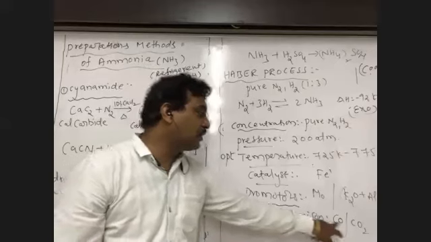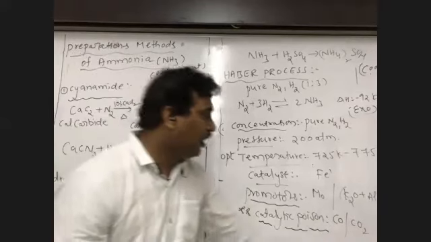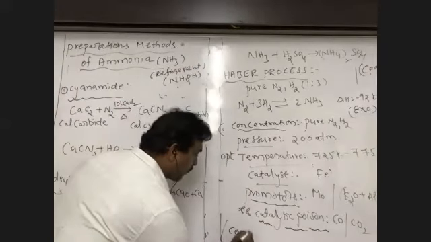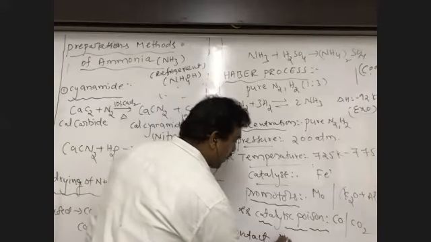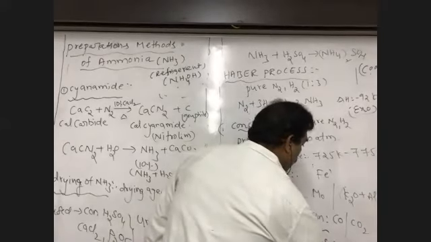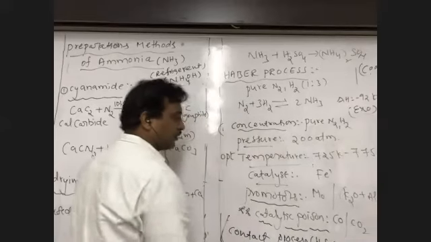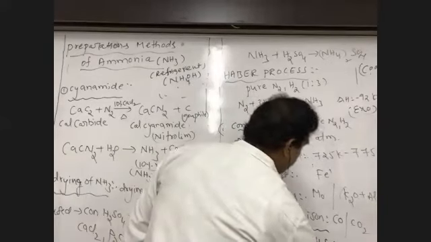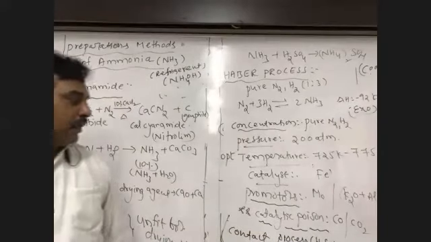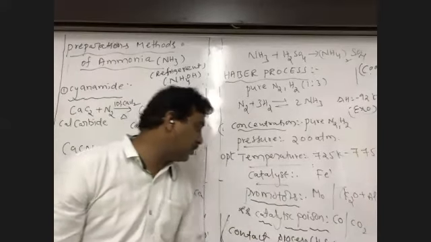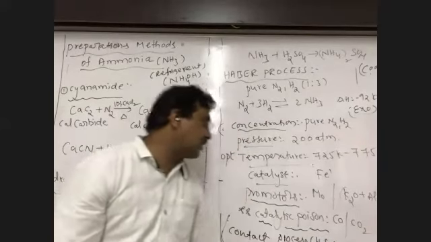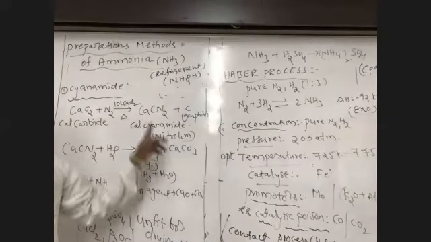Catalytic poison: CO and CO2 also act as catalytic poisons, in the Haber process. In another case, for the contact process, the preparation of H2SO4, the catalytic poison is arsenic oxide, As2O3. Arsenic oxide also acts as a catalytic poison. In most cases, these two are the only important catalytic poisons. In the Haber process, we have to use CO and CO2. In the contact process for the preparation of SO3 and H2SO4, arsenic oxide, As2O3, also acts as a catalytic poison, no doubt.